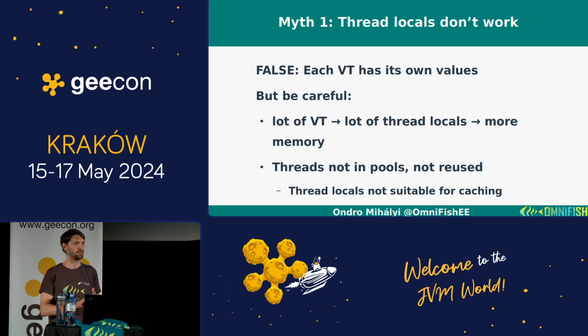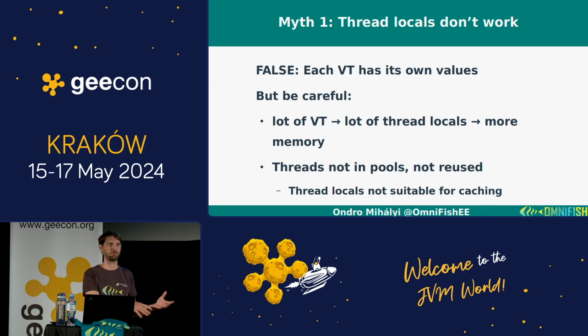They actually are a JVM concept, and the JVM can emulate them. For platform threads, it uses operating system concepts. For virtual threads, it basically uses plain Java, but it can isolate thread locals so that when you store a thread local value in one virtual thread, it's not visible in another one. So it's completely isolated for virtual threads, and you can use them as you use them with platform threads.